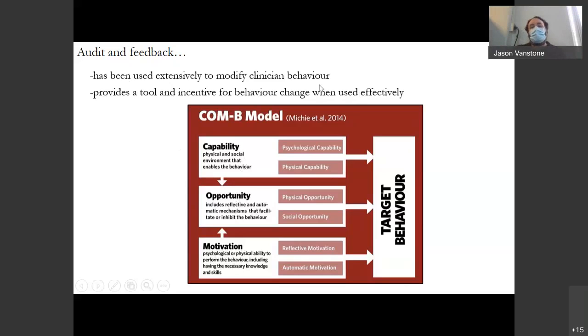And so that's where audit and feedback can work. If we give people the evidence about why it's important to include antibiotic prescription indications with antibiotic prescriptions, and then we can show them how they compare to their colleagues or how they compare over time. Are you putting your indications down compared to other colleagues in your same practice? That can be a big motivating factor for people who don't want to be at the bottom of that list. I don't want to be the one that only has 20% of my antibiotics with an indication if all my colleagues are up at 80, 90%. So audit and feedback can be a really powerful tool for helping motivate and get that behavior change that you're looking for.